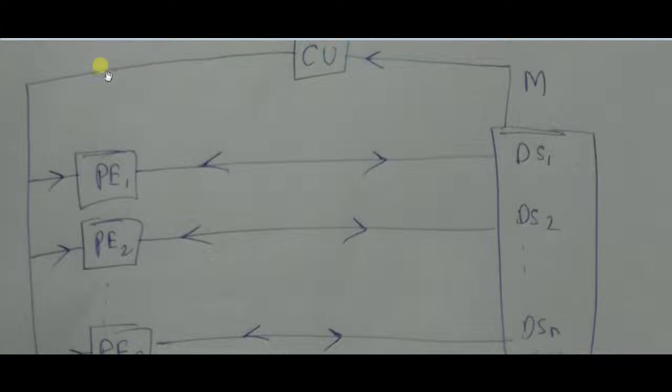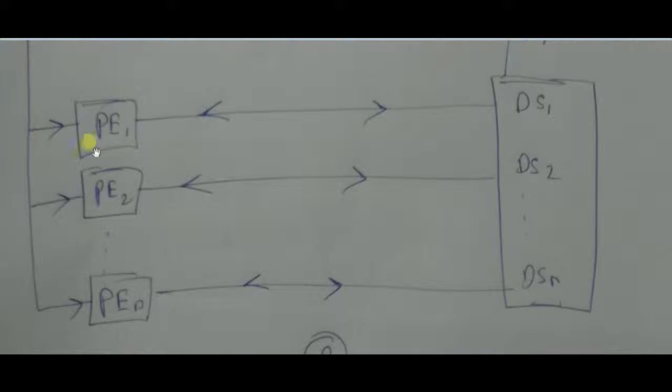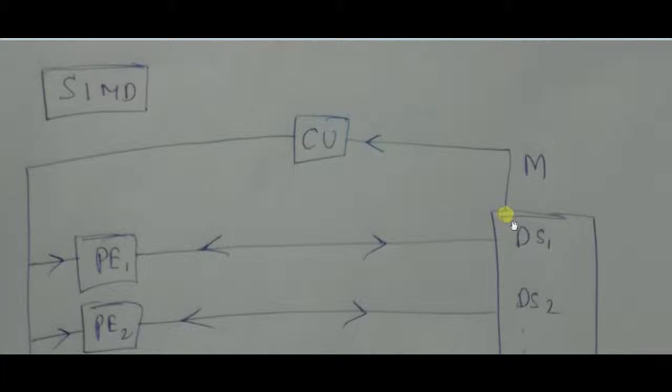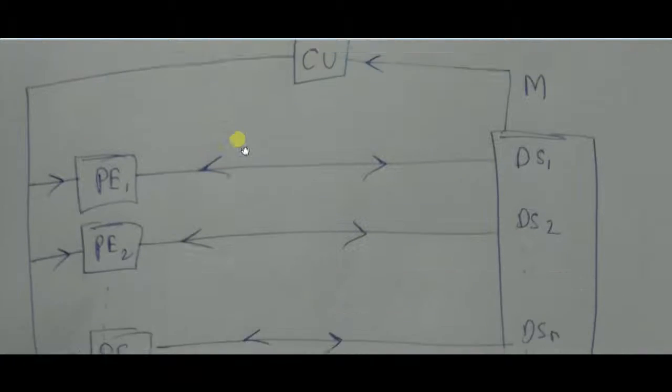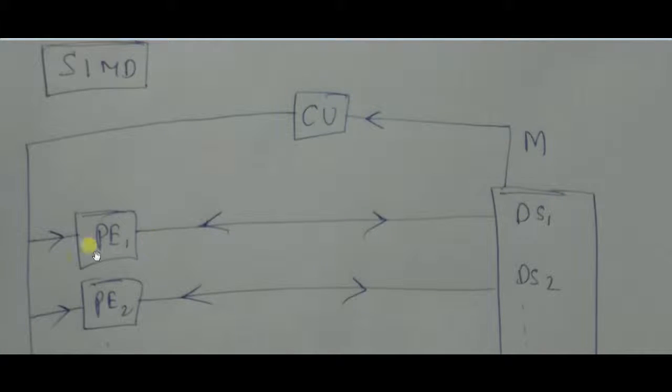It sends instructions like this to the first processing element, then the second, then the third, like this. So it goes from memory to CU and CU to PE, and the PE, the processing element, gets and sends